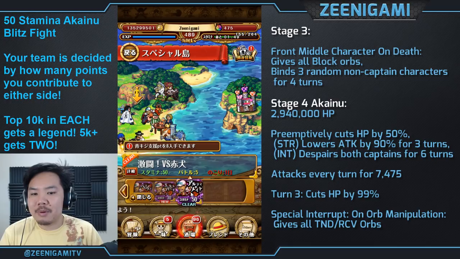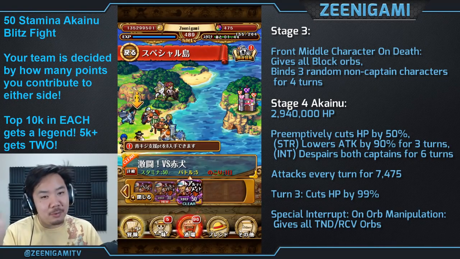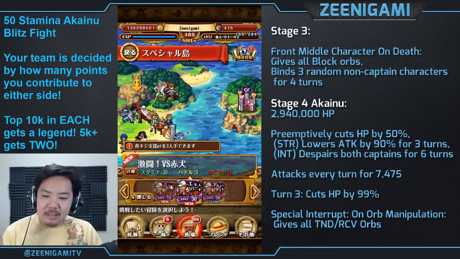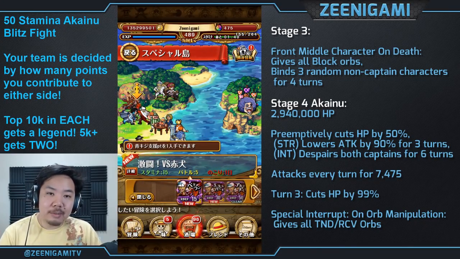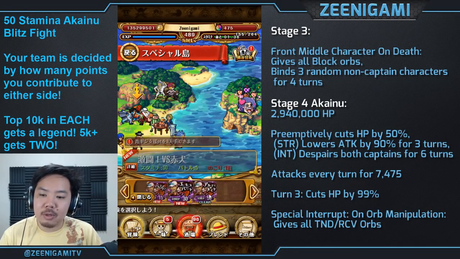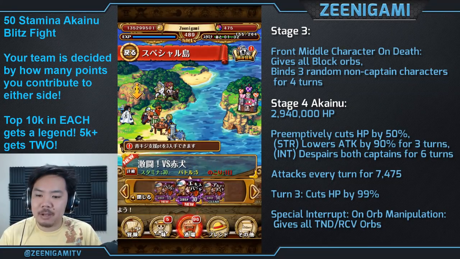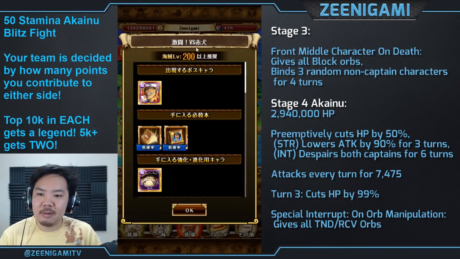Remember that if you're doing Akainus, that means you're getting points for the Aokiji team, which at the time of recording is losing the battle by 20%. 15 stamina gets you 1 point, 30 stamina gets you 3 points, and 50 stamina gets you 8 points per run. I actually might recommend a lot of people doing the 30 stamina because this right here that says the